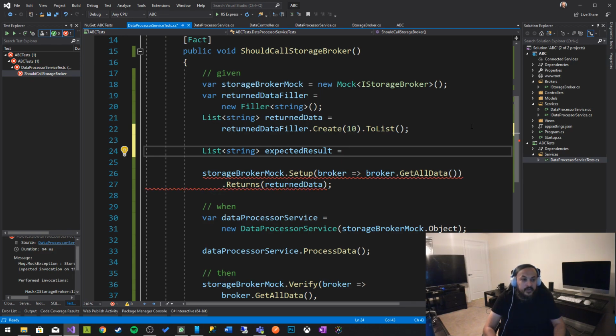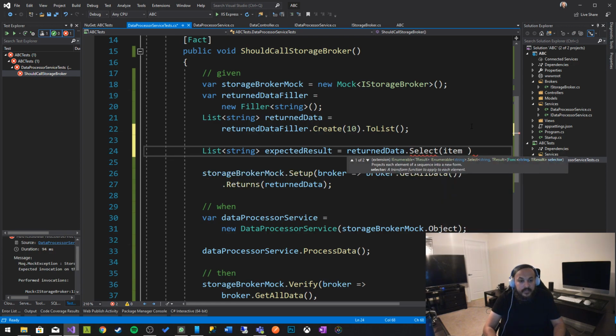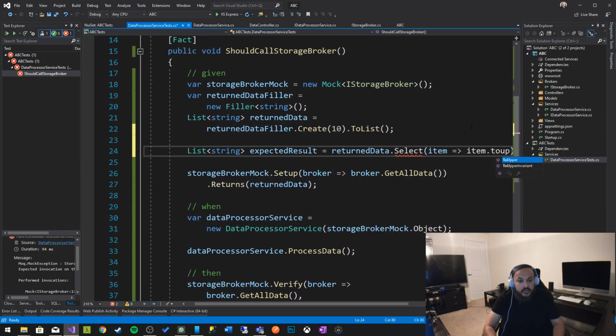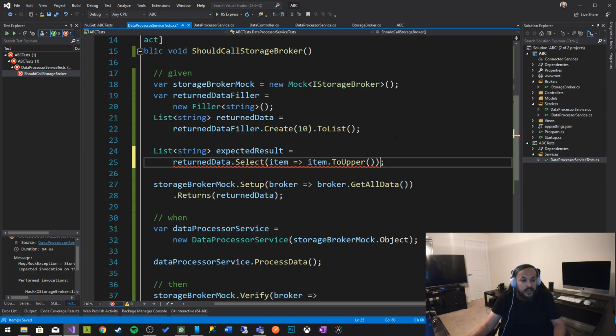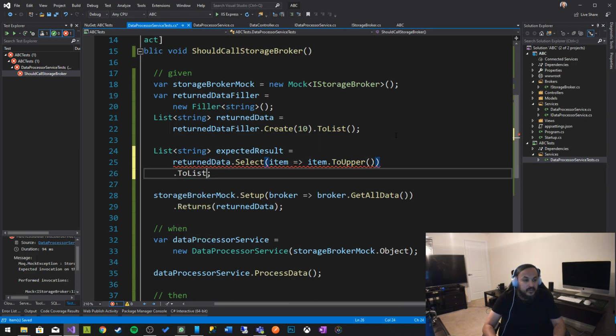And our expected result is basically the return data dot select. I'm going to turn every item in that data into itself dot to uppercase. So everything in this item, let's say that's what we're returning, to uppercase, and then we want to convert that into a list like that. So now everything should be good and dandy. So this is our logic here. With the data that we get back, we do some business logic on it, we turn everything into uppercase and then we spit that out, which means